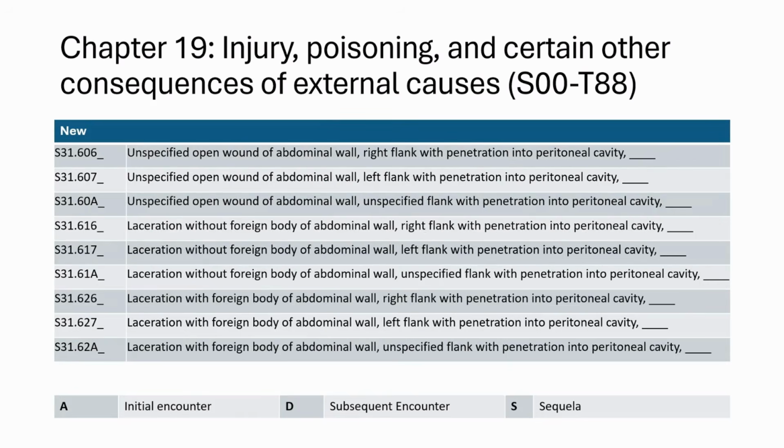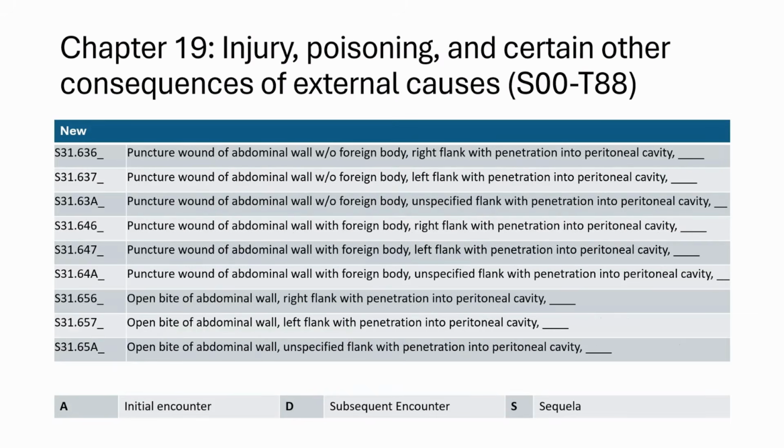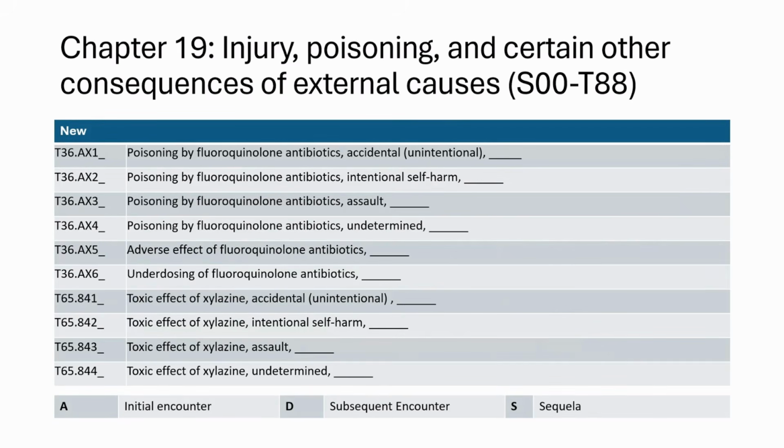Open bites, unspecified wounds of the abdominal wall, left, right flank, with or without penetration into the peritoneal cavity, puncture wounds of abdominal wall. And then after we get all of the new codes related to the flank and the abdomen, we have